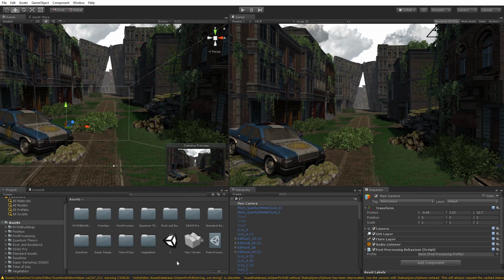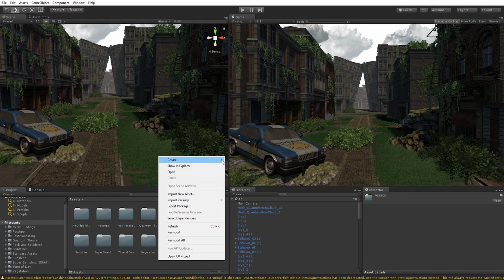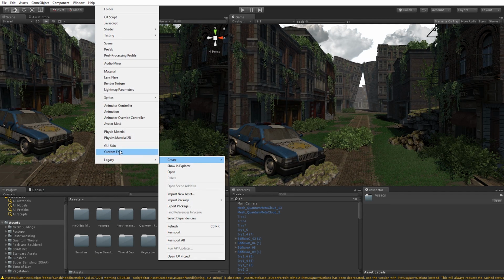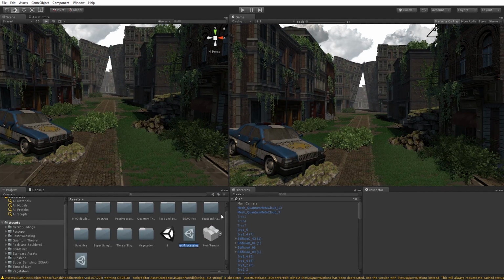So you do that by going to the project tab and right clicking, and then you choose create, just as you would have created a prefab, and then as a difference you go to post-processing profile. So it's underneath prefab. This is a new field that has been added to Unity 5.6 because of this new post-processing stack effect. And you can obviously name it whatever you want, just like any other prefab. I'm gonna call it tutorial video